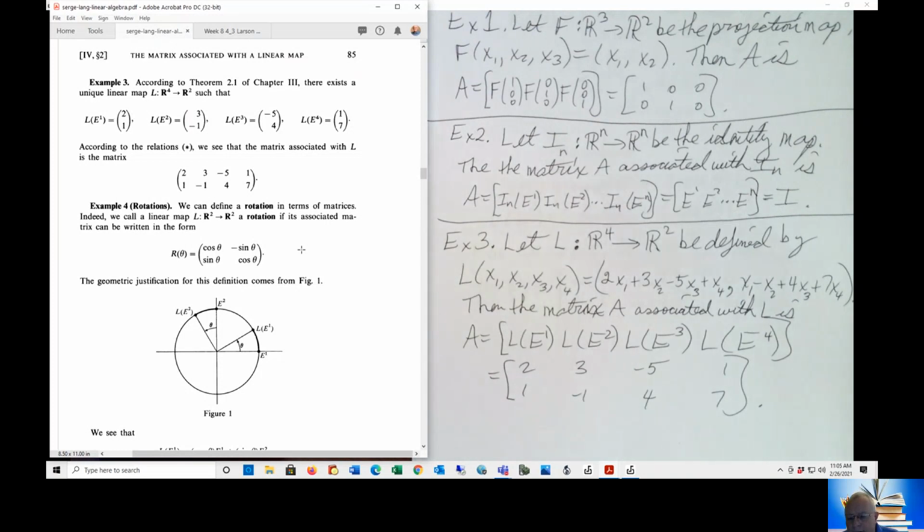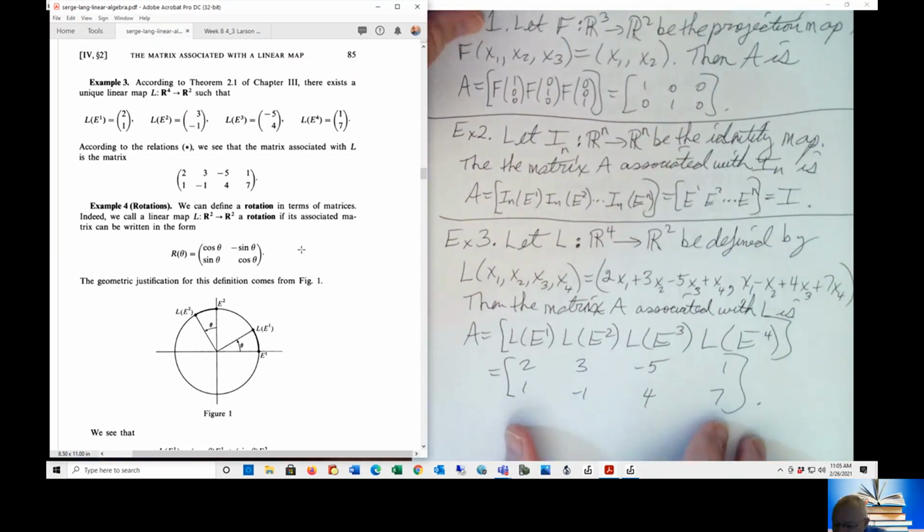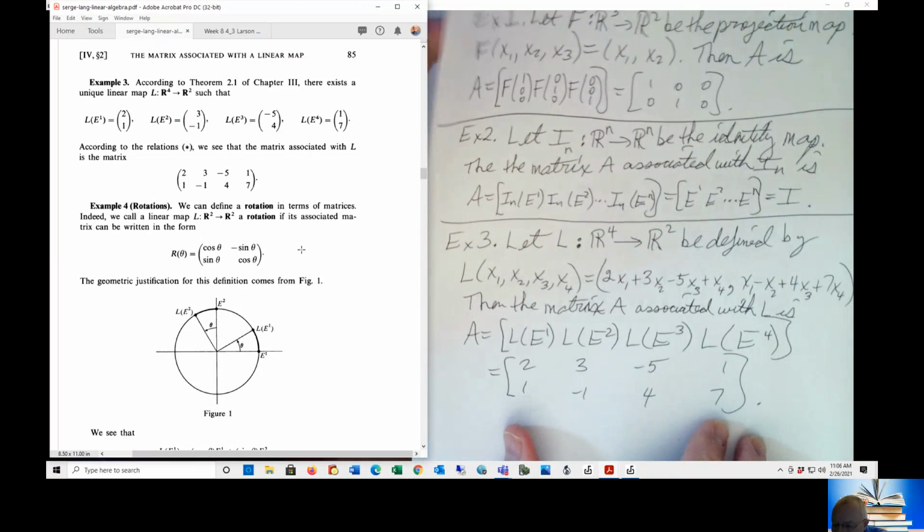In other words, the first row is simply the coefficients of the first component, 2, 3, negative 5, 1, and the second row of A is simply the coefficients of the second component, namely 1, negative 1, 4, 7. So that's very simple to see, hopefully. Okay, now finally, let's look at another example, example 4,